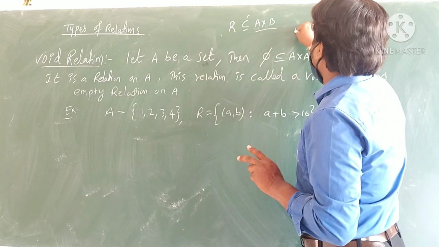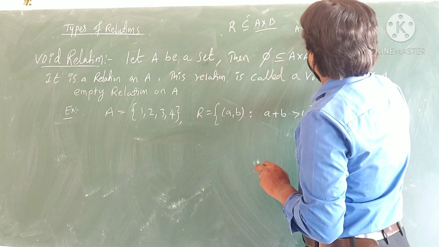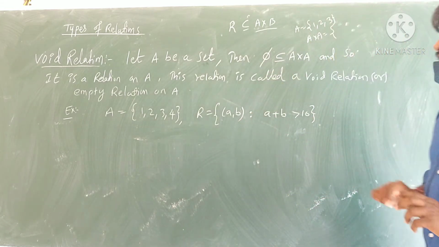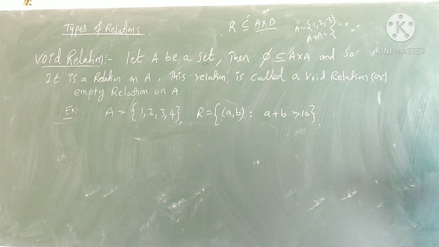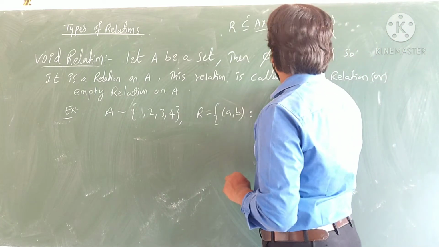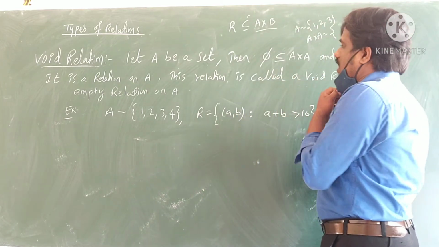Like if A is equal to {1, 2, 3}, then A cross A is the biggest relation on the set A. So what will be there? (1,1), (1,2), (1,3), (2,1), (2,2), (2,3), (3,1), (3,2), (3,3). So it is a relation on A. A relation is called a void relation or empty relation when